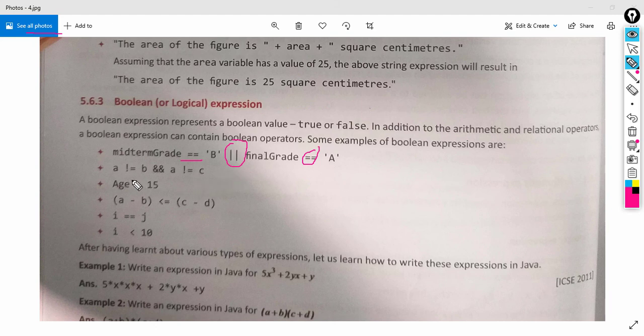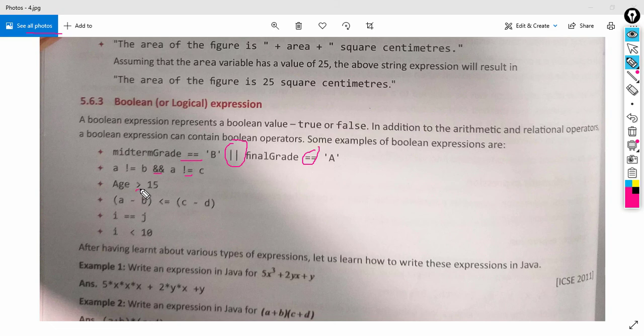Boolean expression. Then A not equal to B, logical and, A not equal to C. So here not equal to symbol is the relational operator. Then logical and is also there. So this is the combination of logical operator, relational operator with some operands. So this is an example of Boolean expression.